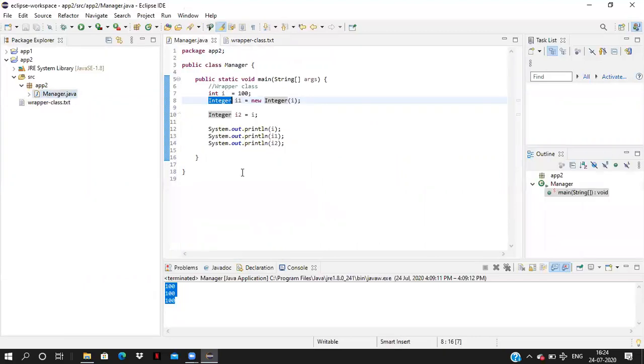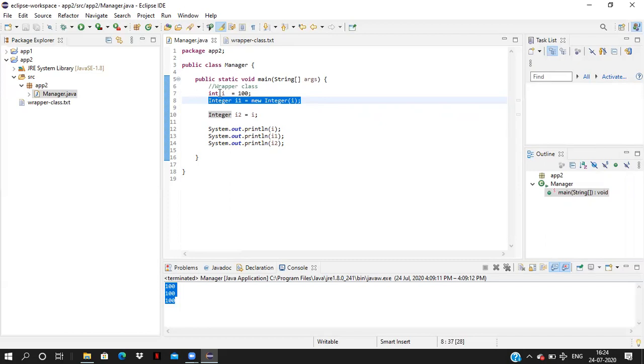Now in manager class, here what we are doing, in main method I have integer primitive data type, int i equal to 100. The integer value I am converting into the wrapper class.